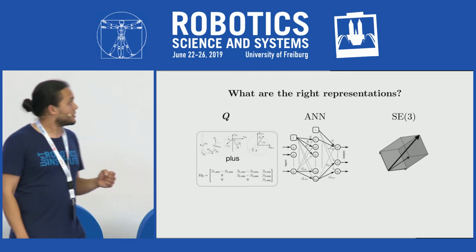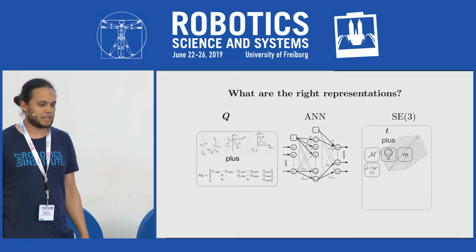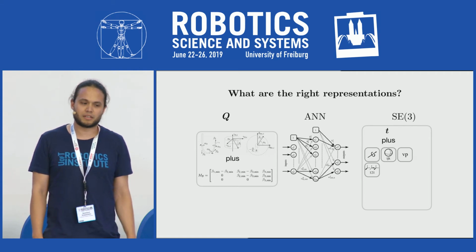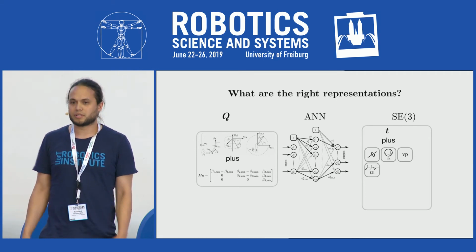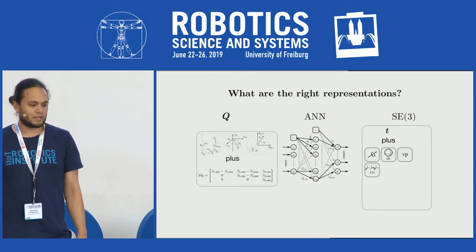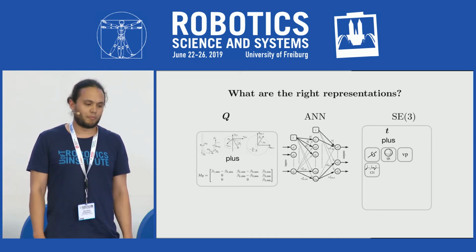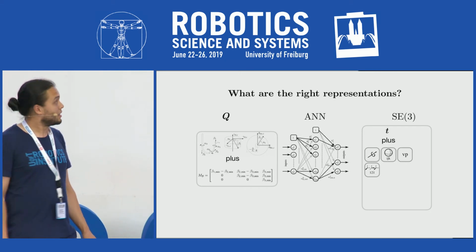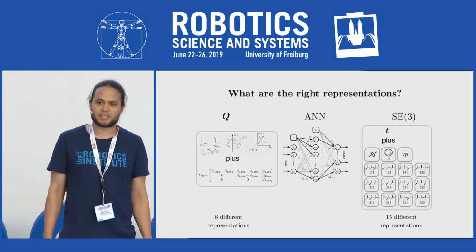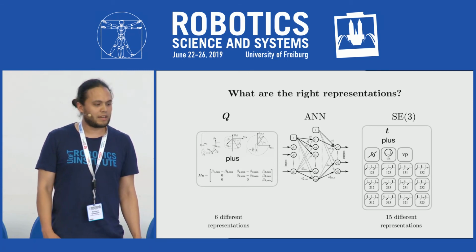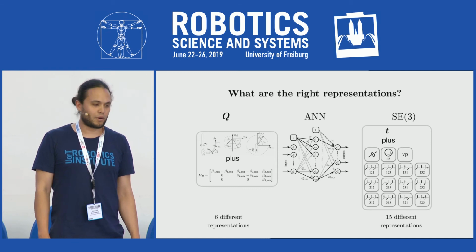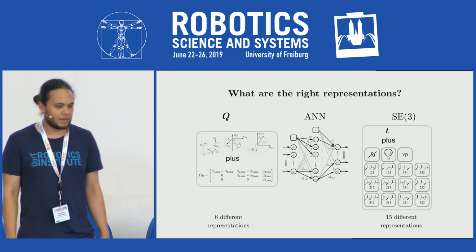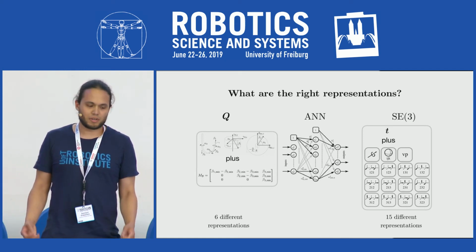Now let's take a closer look at the task space. Here we consider position vectors in combination with different orientation representations. This includes quaternions, vector parameterization, and also the well-known Euler angles. We do not only consider one set of Euler angles; indeed, we consider all 12 different sets of Euler angles. So at the end, we have 6 different representations for the joint space and 15 different representations for the task space. There are lots of results in our paper,